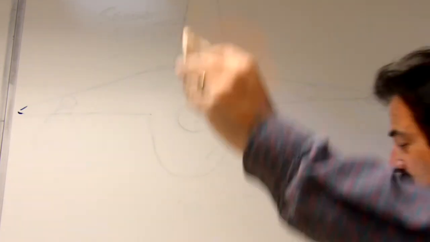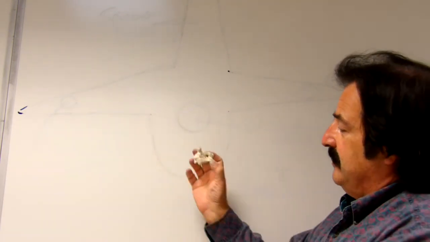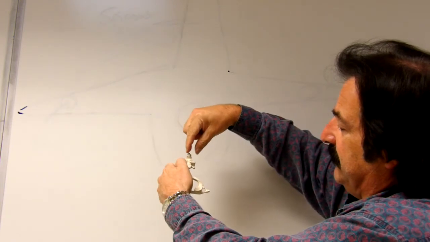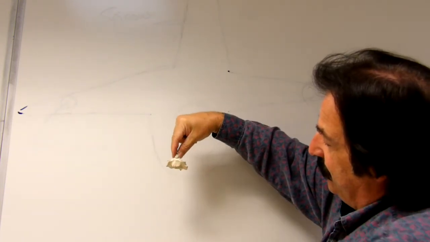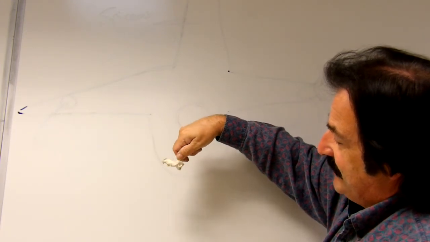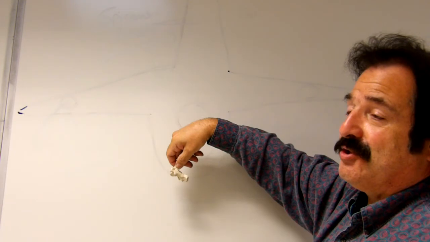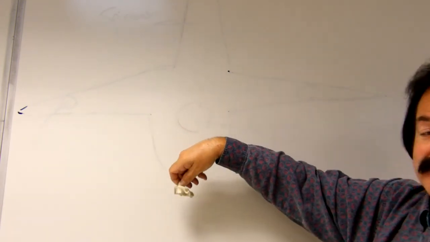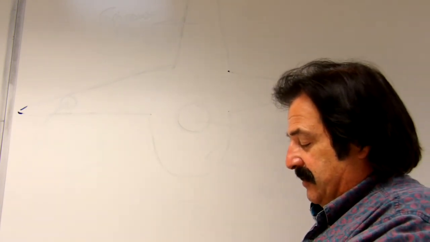that C1 also articulates with C2. Here's C2. It's unique because it has this little post that you can see in the back. I can hold it like this. That is the dens, D-E-N-S, or the odontoid process. Odontoid process. So the dens slips up